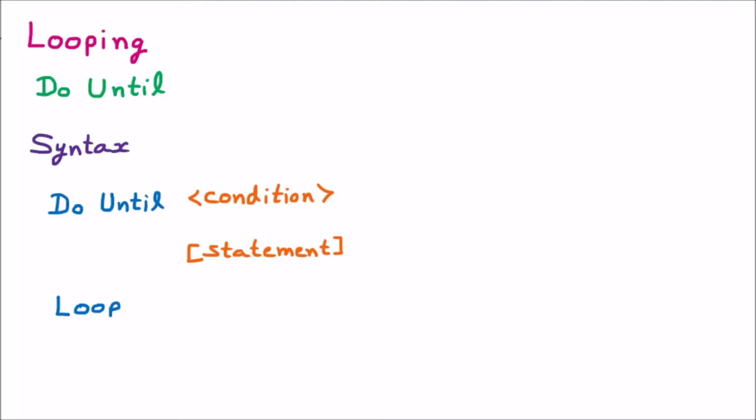Okay everyone, so now we are learning the do until loop. Do until loop is the part of looping. We know that whenever we have to repeat certain statements, there we use looping. Let us suppose we are having a program. In this program we are having certain lines, let's say 3 lines. If we want to repeat only one line multiple times, then this is the part of looping.